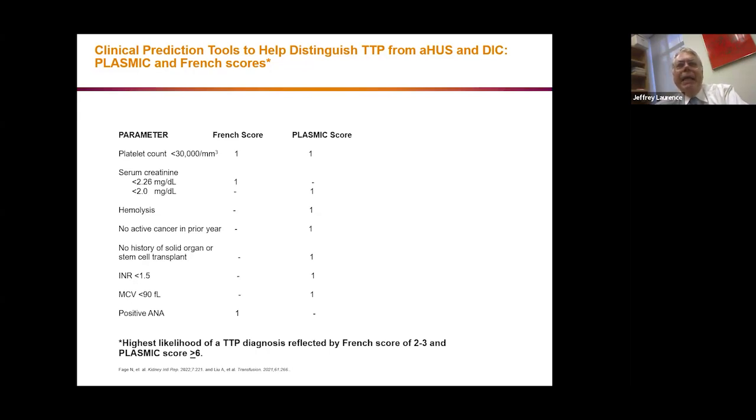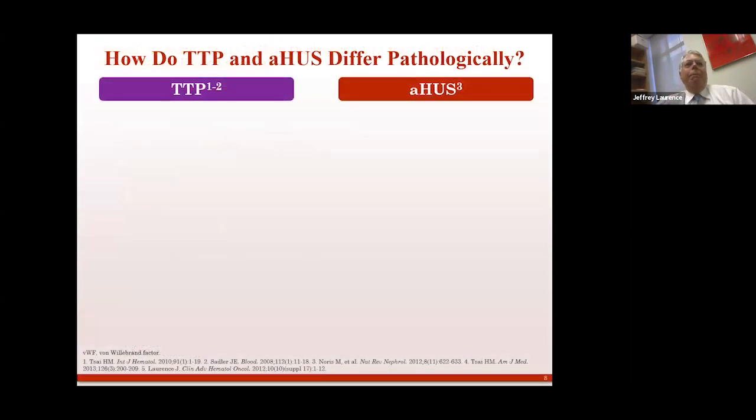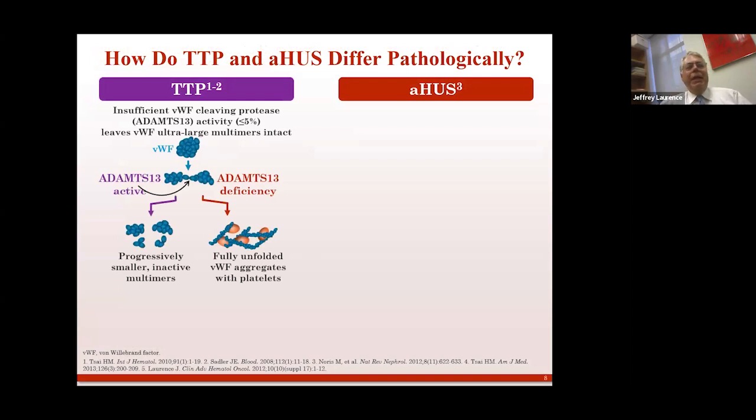If your serum creatinine is less than 2.3 in the presence of other evidence of a TMA, that's TTP, not HUS. And the PLASMIC score also includes looking at the MCV. It's kind of a poor man's test for whether you have a dysfunction in vitamin B12, but it's in there. Okay, so if you understand this slide, you'll understand most of everything else I'm going to say.